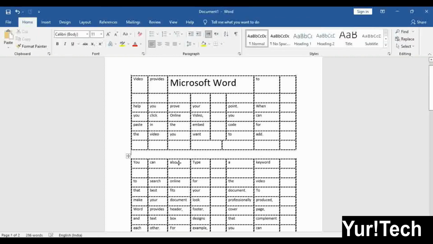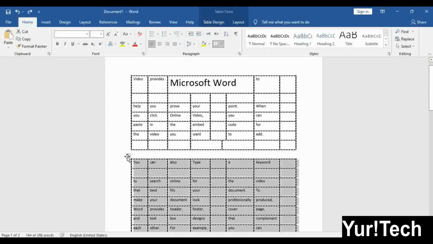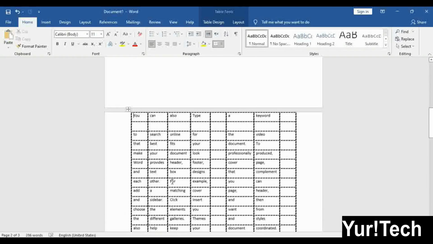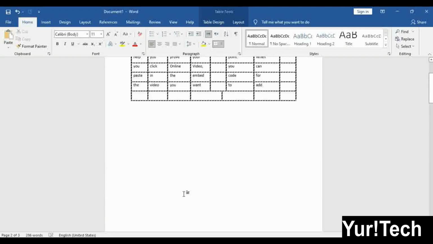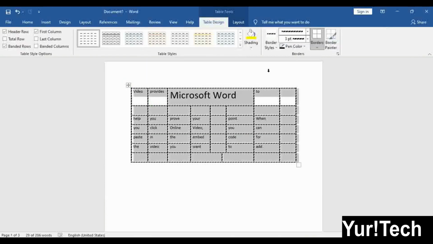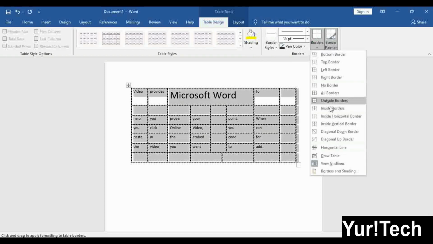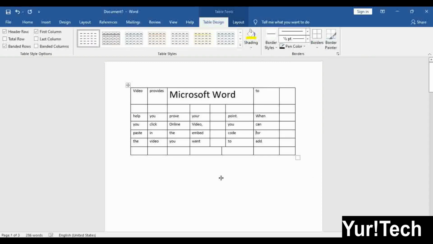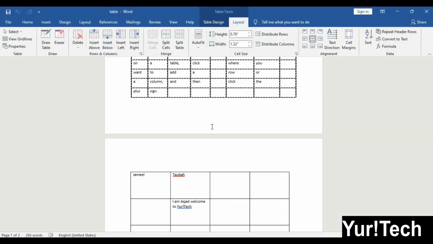So now from here my table has been divided into two parts. If I apply anything in this table, that table will not be affected. If I change the border style here, see, in this table there is still the previous border.